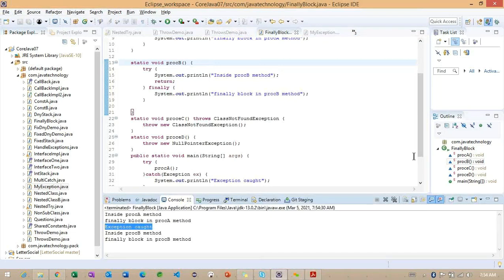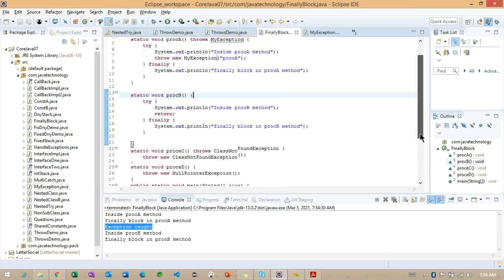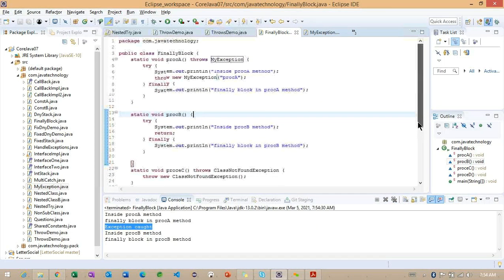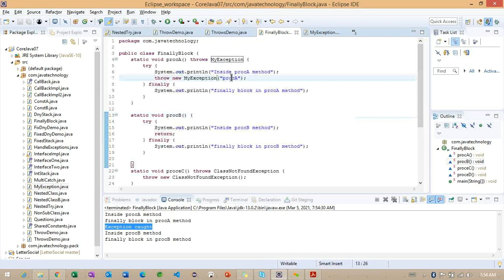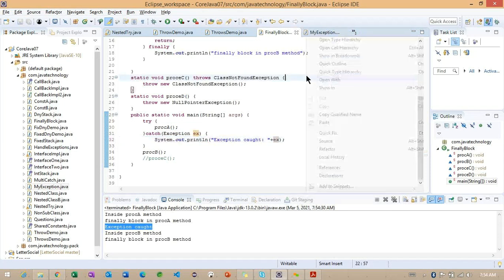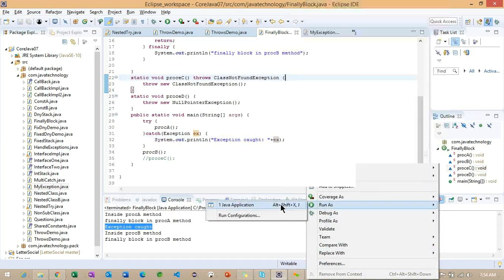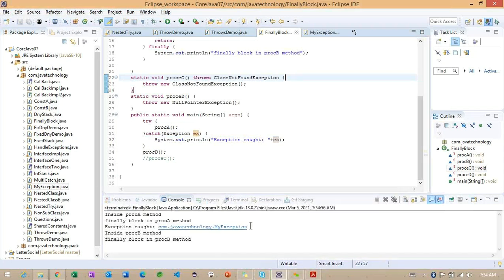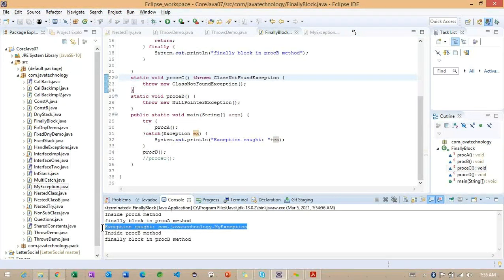The exception is caught. So what is the message we have specified here? Process here. The process here we are not printing here. To print the process here, what we need to specify is the exception message. Observe one more time. I'm trying to run here. You can see we are getting a my exception. Getting the point? So this is the way we can work with the message information.